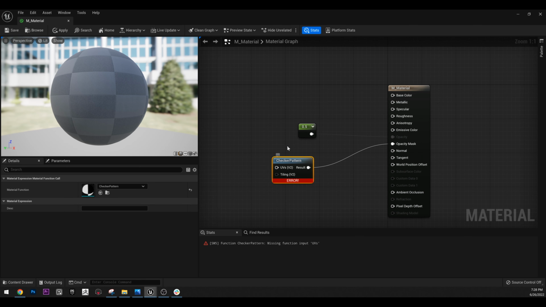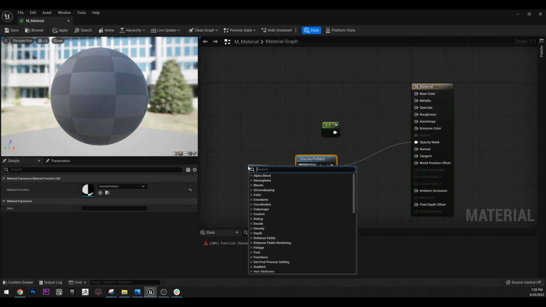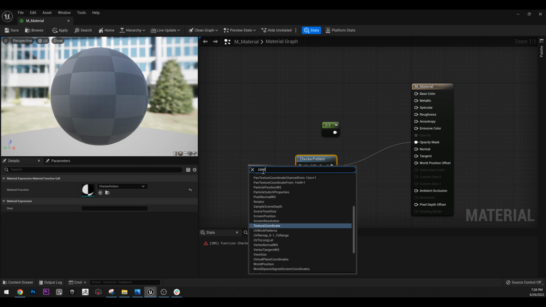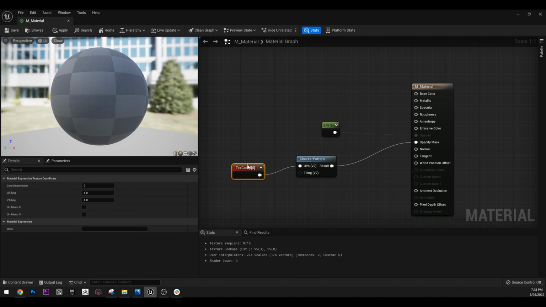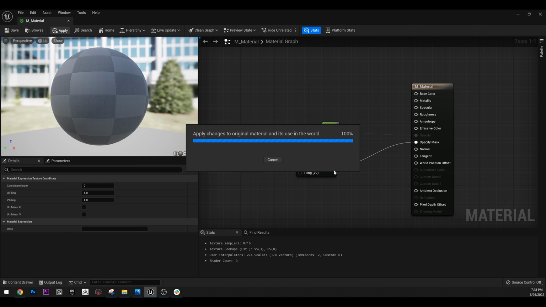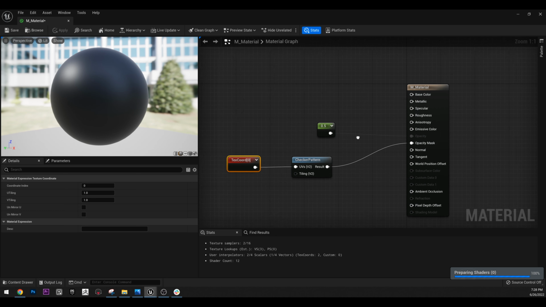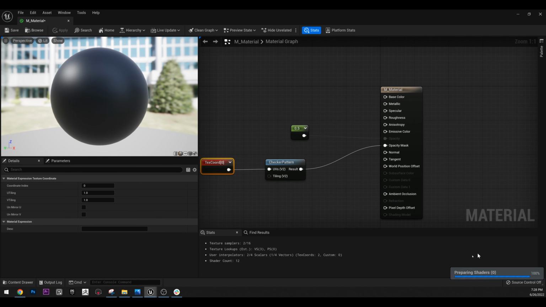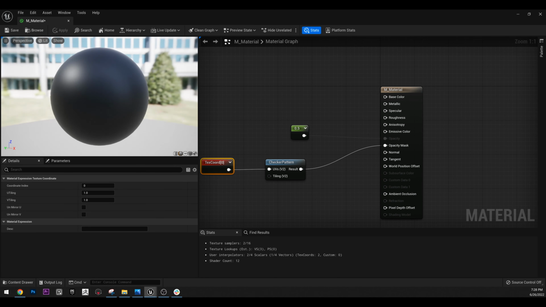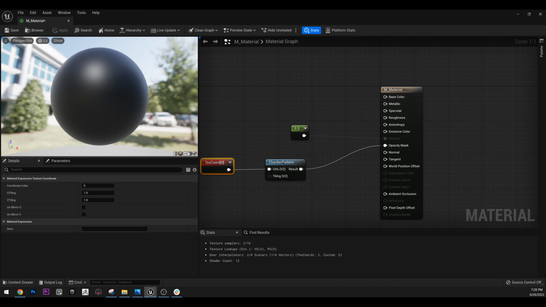We just need UVs, so just for the sake of it we can use texture coordinate. Now we have the UVs, and if we compile and wait for the shaders to compile,